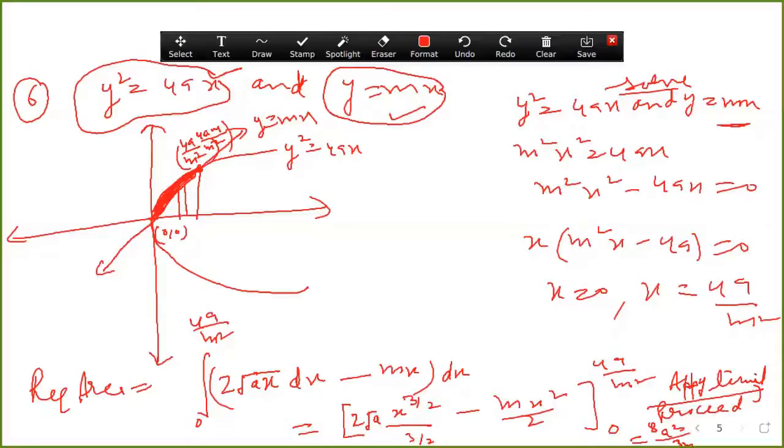Let's write down on the next page. Answer will be, proceed the question, apply the limit, and the answer of question 6 will be equal to 8a square upon 3m cube square unit. Now we will do question number